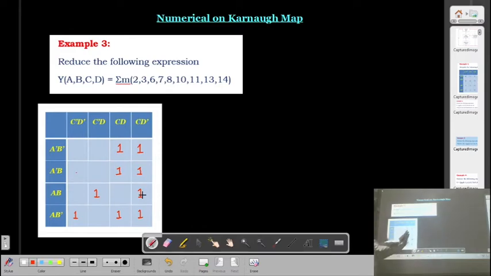So octet, there is no possibility, but we can have a quad. So you have to mark the quad in such a way that all the high levels are occupied. Correct? So one can see this one is there. So this is the quad. Correct? Then another quad is here. Then if you see the third quad,